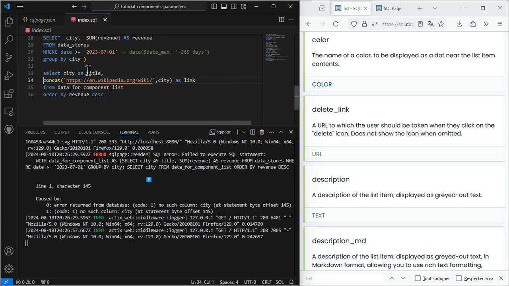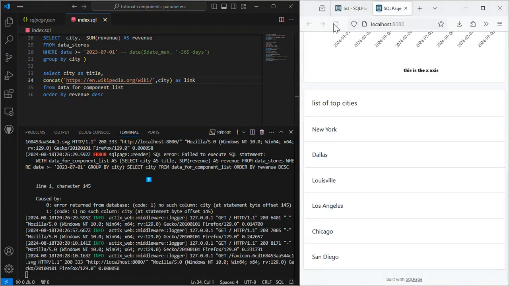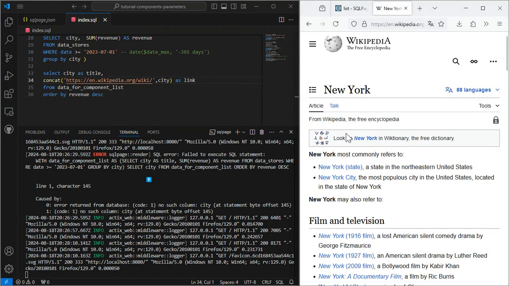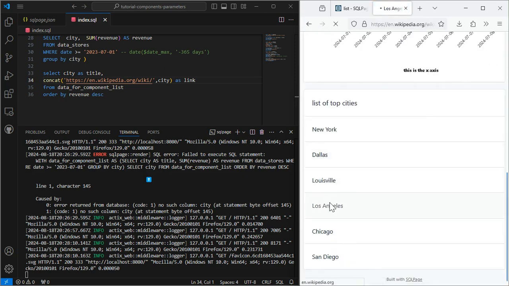Now, for each city, we will be redirected to the Wikipedia page of each of these cities. Let's see if it works. We reload the page. Now I can click on New York and arrive on the New York page. Same for Los Angeles, for instance.